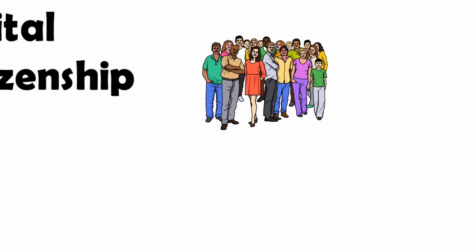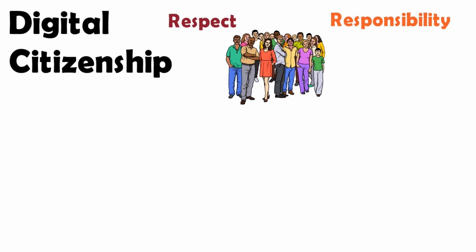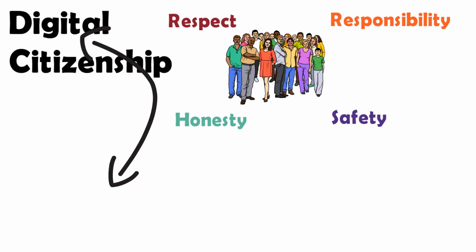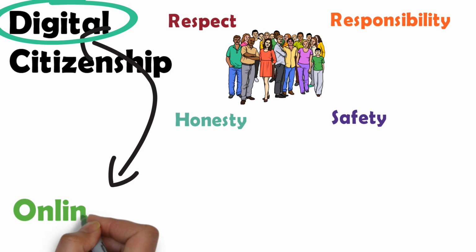Someone who's a good citizen shows characteristics like respect, responsibility, honesty, safety, and being helpful to others. An example of this in school would be respecting your classmates and teachers. For example, if your teacher was speaking, you would show good citizenship by quietly listening and not disrupting them. When we talk about digital citizenship, the only difference is that instead of showing good citizenship in person, we show it digitally online. Examples of showing good digital citizenship would be things like responding to someone's post with encouragement or giving helpful feedback if a classmate asked a question online that you knew the answer to.